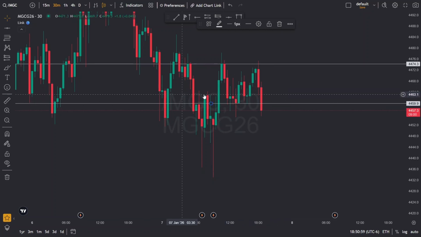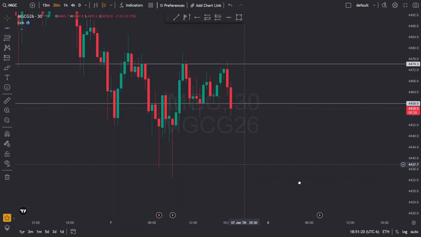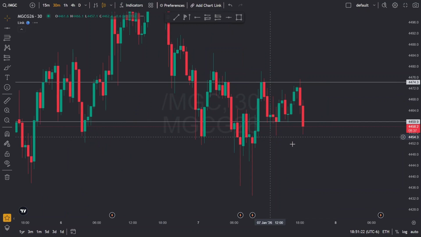So now that we have broken out of this current range on the 30-minute, if we close out of this range and possibly retest this break, but stay beneath this, close beneath this range, this line here, 44.59, I will enter on the break of that current candle to continue down. And so that is what I'm looking for. Or